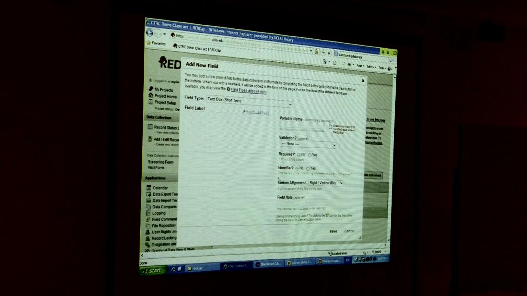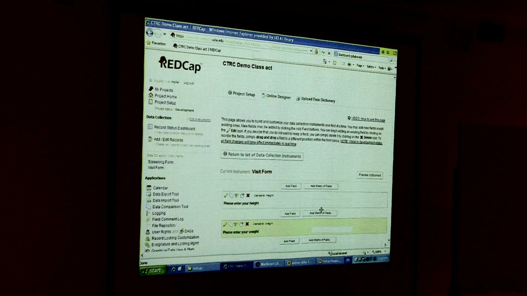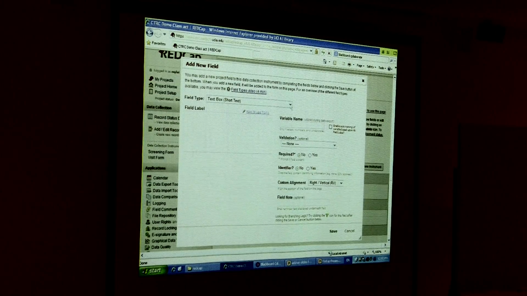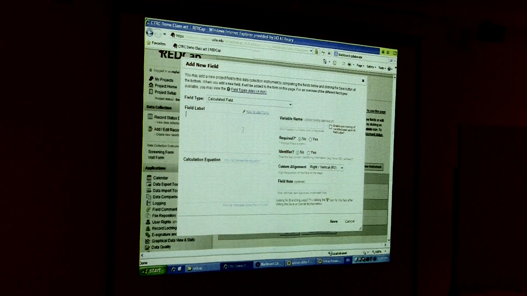And I'm also going to have a weight field. And I want to calculate the BMI. So I want to put in a calculated field in there. Just going to call it BMI. And in the equation, we want to formulate that as weight